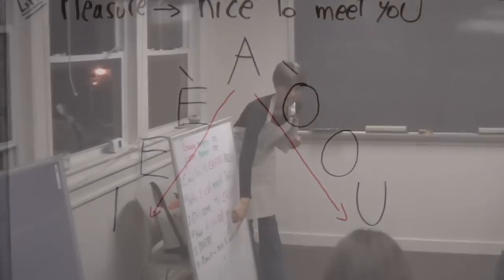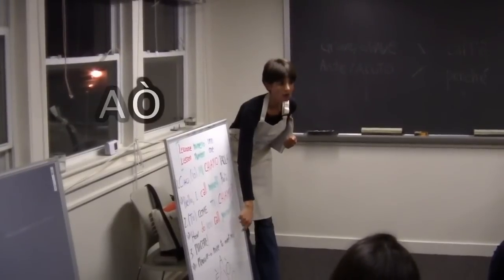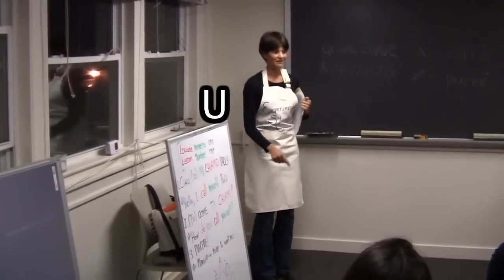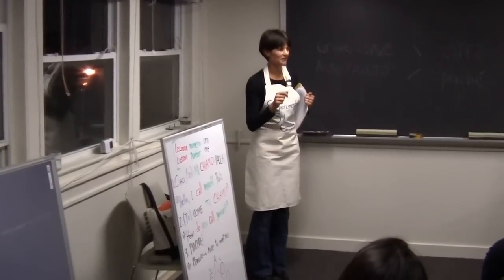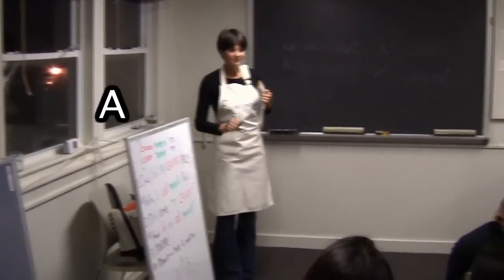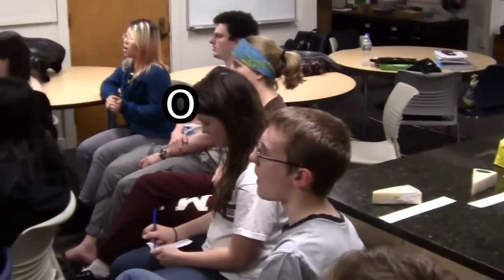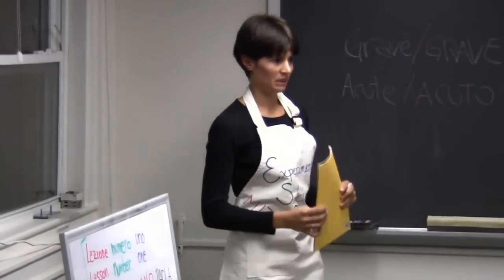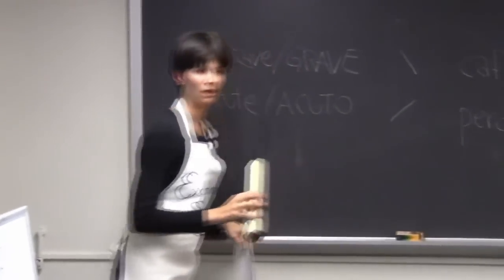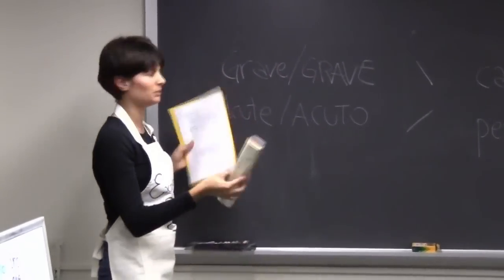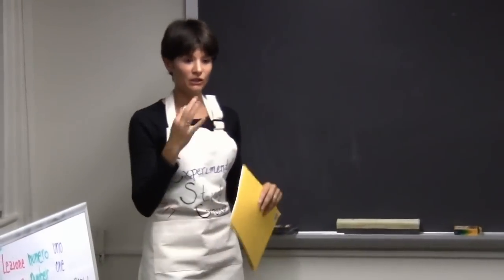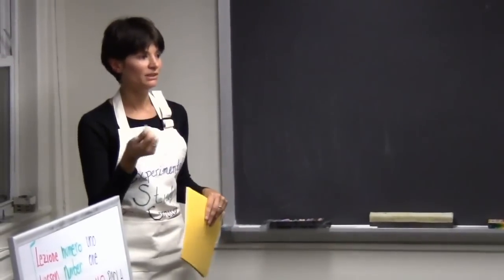All together. A, O, okay, let's try again. All together. I didn't hear all the voices. A, O, U. Now, accents are really, really important, especially at the end of the word. That's where we put them. Oh, another small thing. I told you that there is a grave and an acute accent, but again, most Italians,